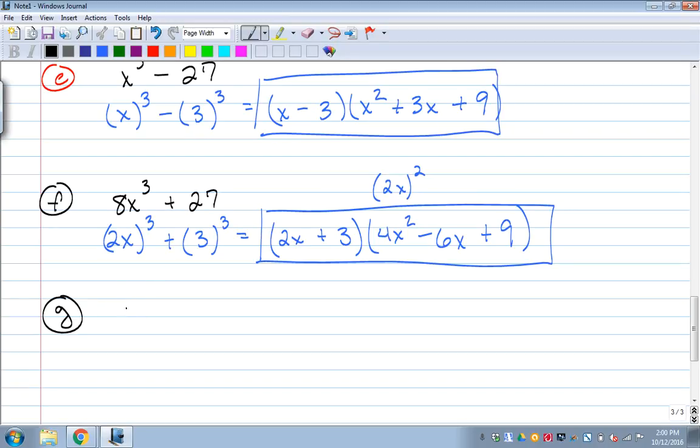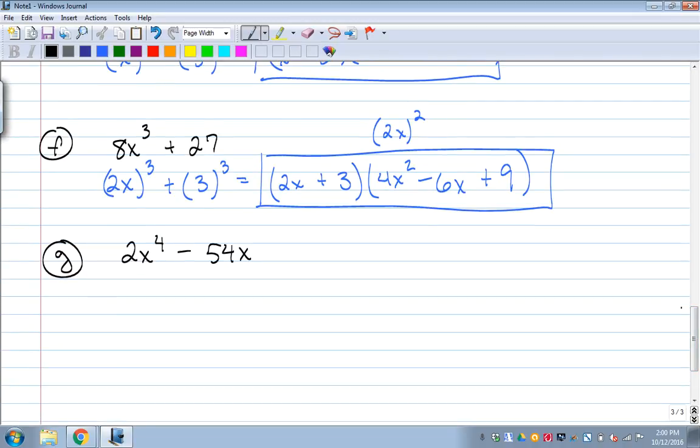Let's do 2x to the fourth minus 54x. We're just asked to factor that. What would I do first? GCF, 2x. GCF of a 2 and an x. What's that leave in the parentheses? X to the third minus 27, which